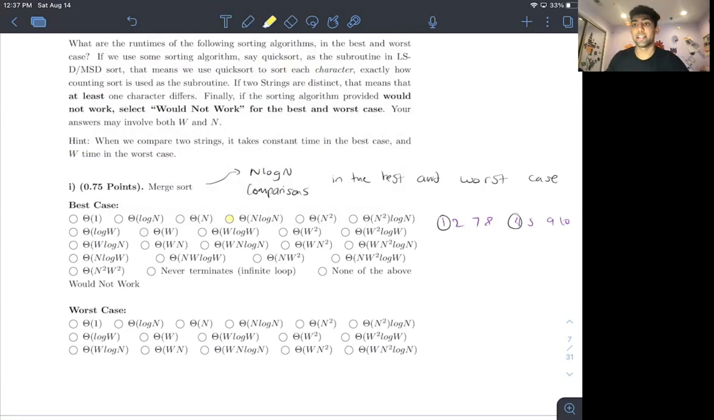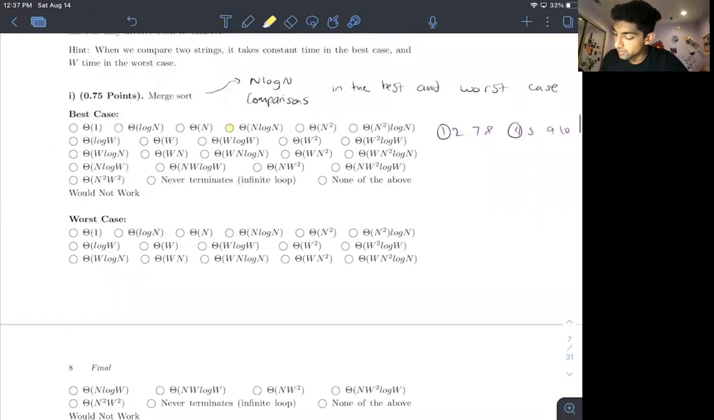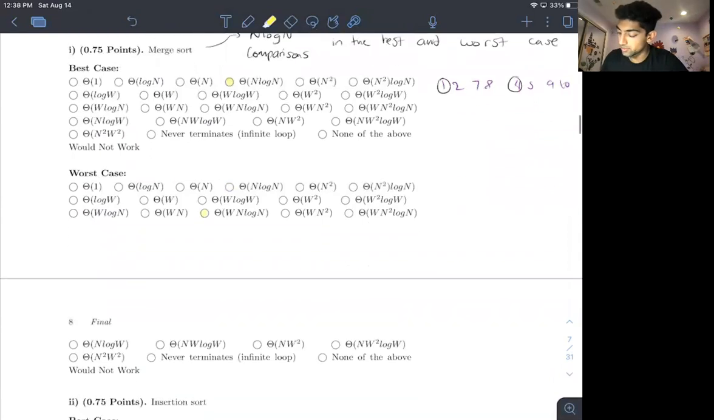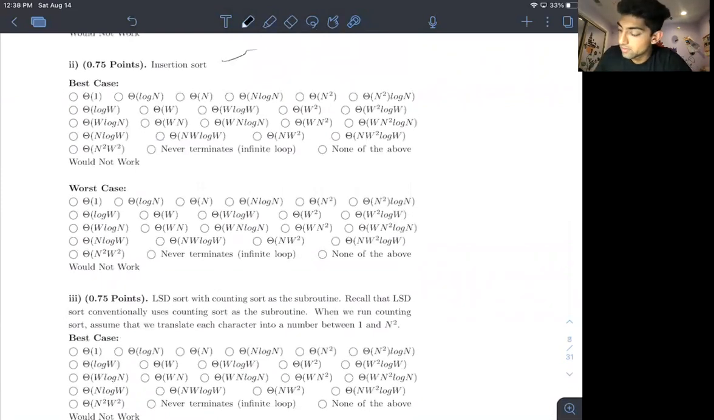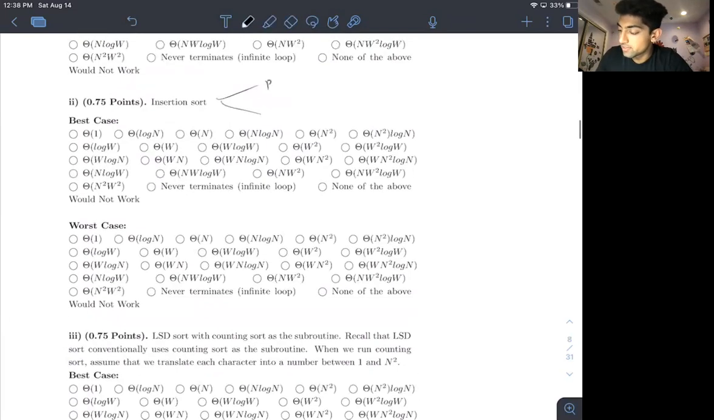And then in our worst case, every comparison takes w time, and our worst case is w n log n, right? Okay. So moving on to the next part, now we're running insertion sort. So in a similar light, when we're running insertion sort, our best case